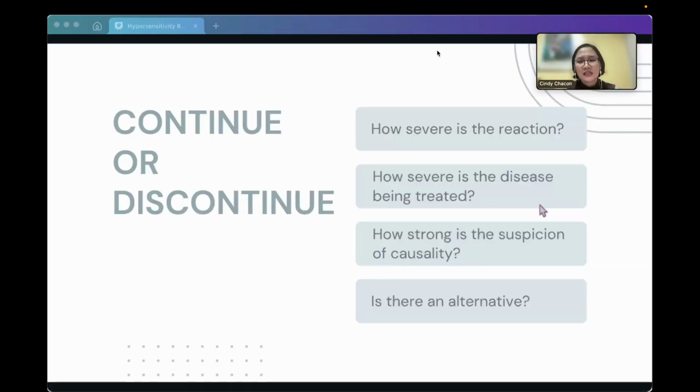How severe is it? In cases of potentially fatal or life-threatening reactions, stopping all suspected medications should be immediately done. For example, SJS. In Stevens-Johnson syndrome, even if there is no other alternative drug for that medication, for example, it's a cancer patient and this chemotherapeutic drug is the only drug for that specific cancer, if the patient already develops SJS, do you really think it is still worth continuing the drug? Right? So the severity is very important.